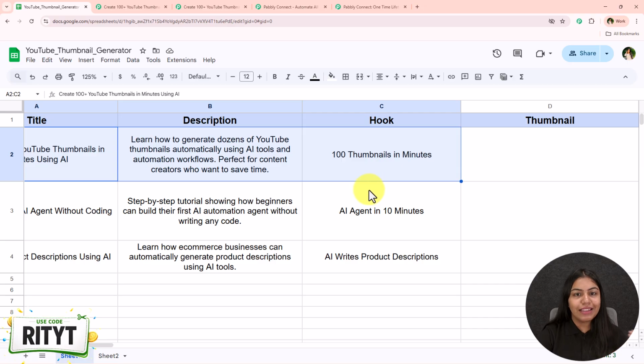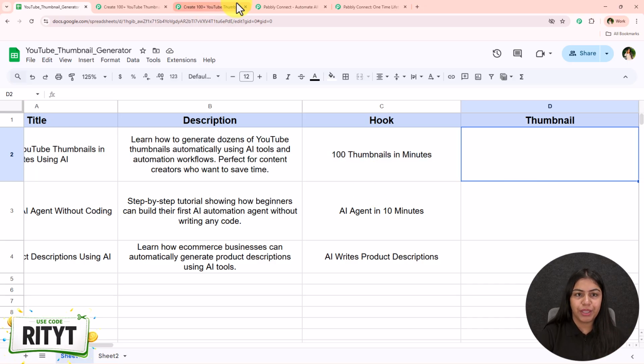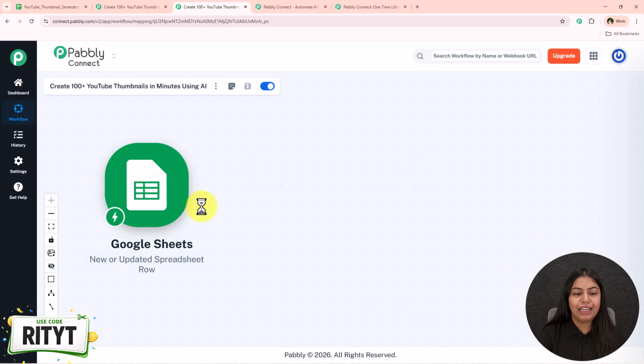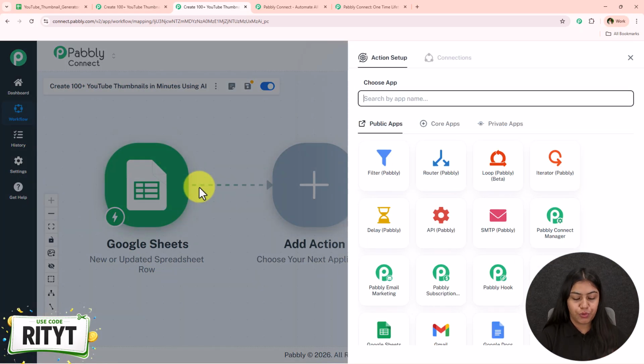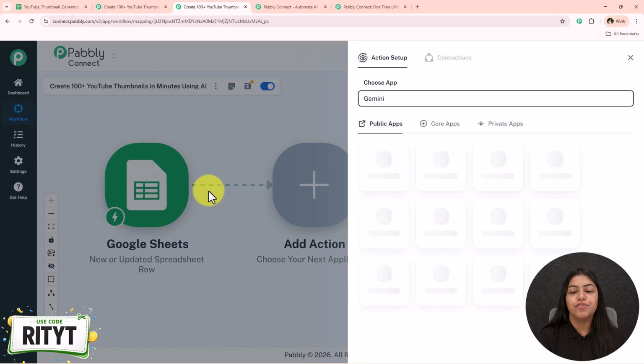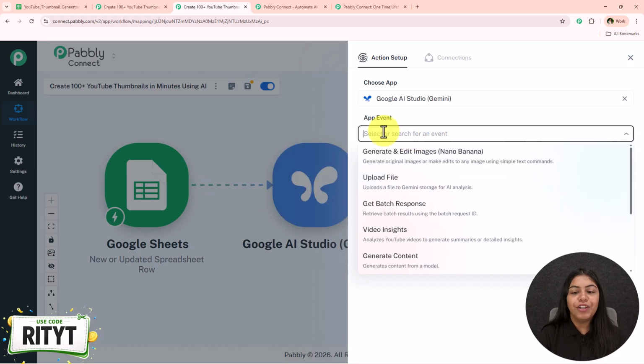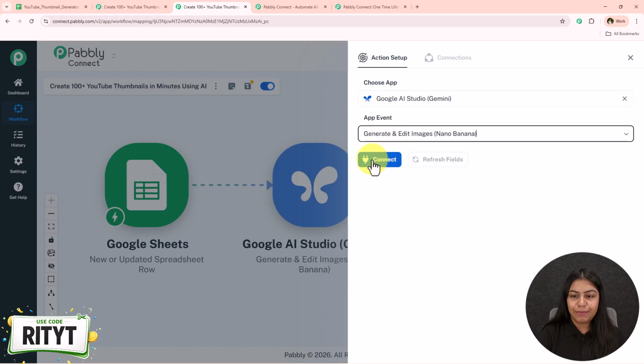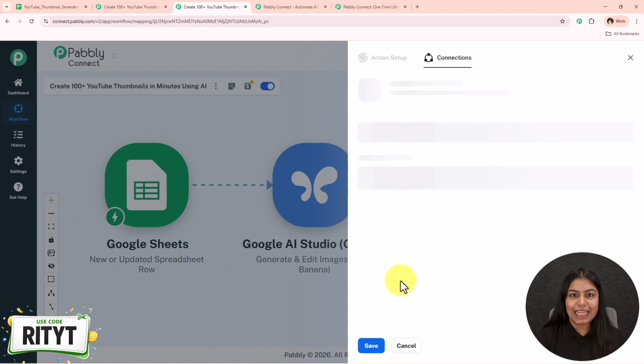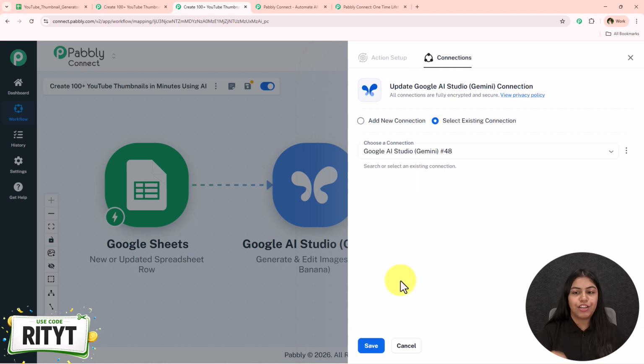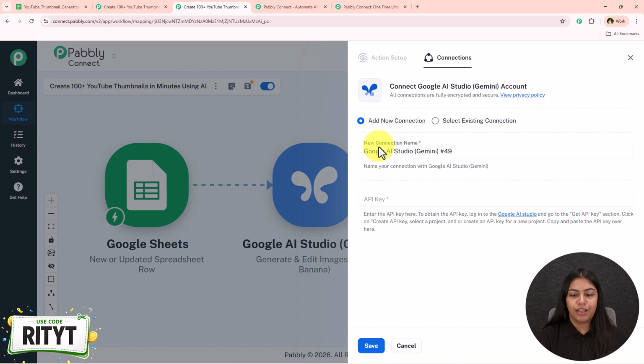Now let's generate the thumbnail for this and add it right over here. For that, just close this and click on add new action step. We are going to use Gemini in order to generate these thumbnails. So let's search for Gemini and select it. For the event, select it as generate and edit image nano banana and click on this connect. Now if you've already created a connection between Google AI Studio and Pabbly Connect, then click on the select existing connection and then save. But if you haven't, follow me, click on add a new connection, and it is asking